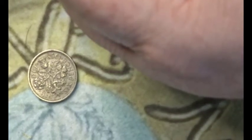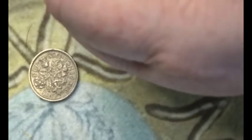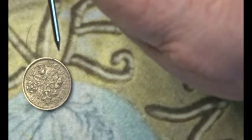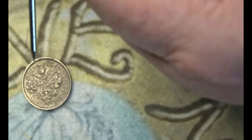This one, on the other hand, the George one, is the crown above the cipher of GR6. You've got GV1R, which is the George VI cipher with the crown, and it's not the one that the Queen wears. I'm not sure which crown it is, to be honest. And it's just got the value underneath, 6pence in text, and you have a date of 1950 either side of